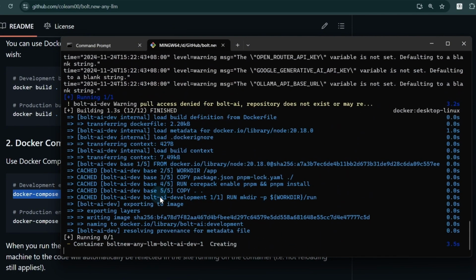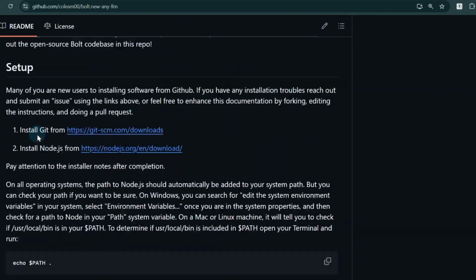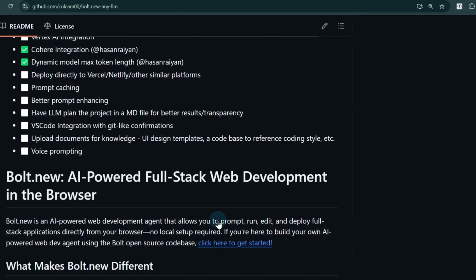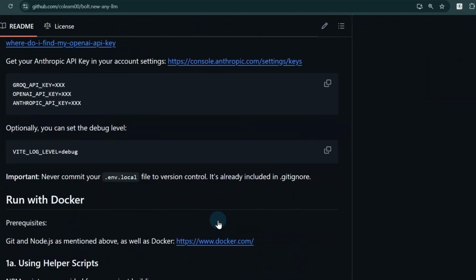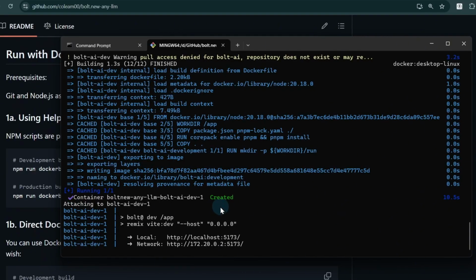Looks like we're getting somewhere here. If you encounter any issues while installing the local Bolt installation, you can always visit the repository and report any issues by using this tab. Of course, you need to check first if the issues you're encountering have already been reported, to prevent double reporting of issues. Now, looks like the build has succeeded,